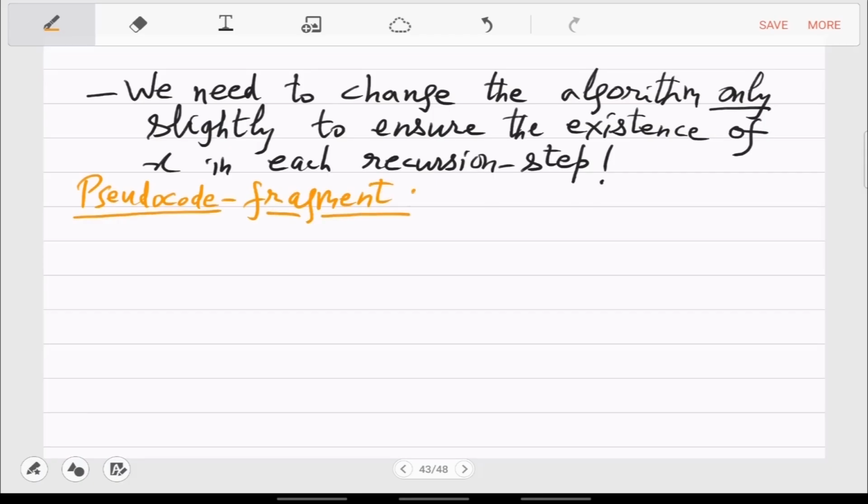I'll not give you the full pseudocode because the full thing is pretty big. I mean, we have gone through many ideas. Let us only focus on the important part. For the important part, let us see in the picture first before I write something.